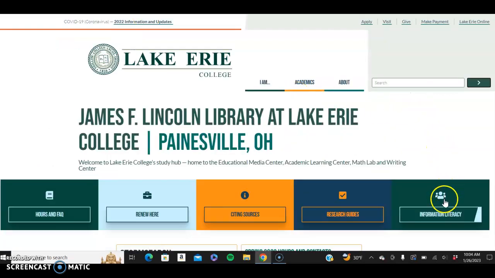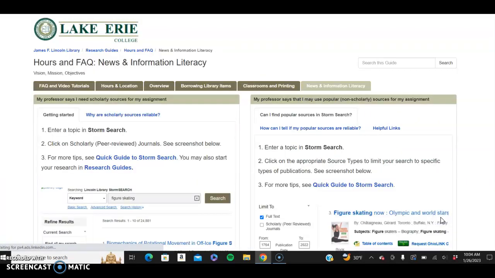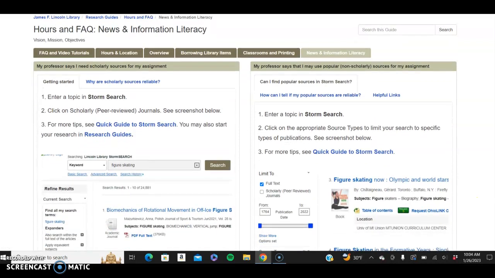And then finally, on the far right is information literacy. So on the left side, a little explanation of what scholarly sources are. If you're doing research for a class assignment, your instructors may want you to use scholarly resources. It explains that. And on the right, a little bit of explanation of popular sources, which would be not scholarly,